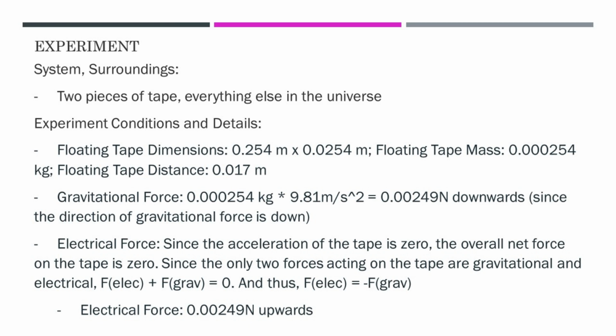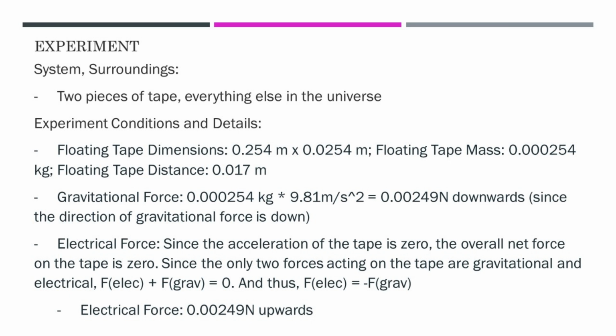Gravitational force is 0.00249 newtons downwards, because the direction of gravitational force points down. The electrical force is the opposite of this, 0.00249 newtons upwards. This is because the acceleration of the tape is zero, so the overall net force on the tape is zero. And since the two forces acting on the tape are gravitational and electrical, electrical has to be the opposite direction